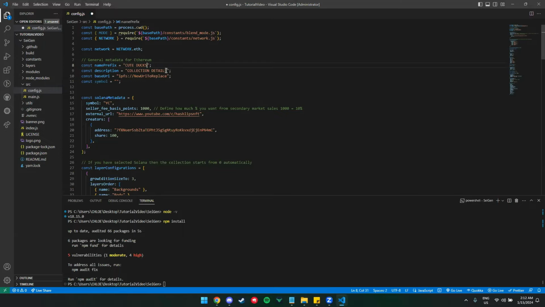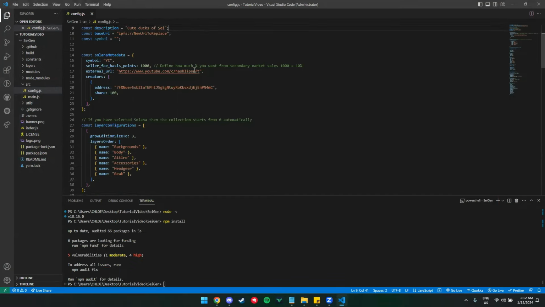Okay, and then for the collection details, and then after setting this, you can now focus on this part because this is where you will set the numbers of NFTs that you want to generate. So on this program, it's set to 3 NFTs only. So let's try 5.